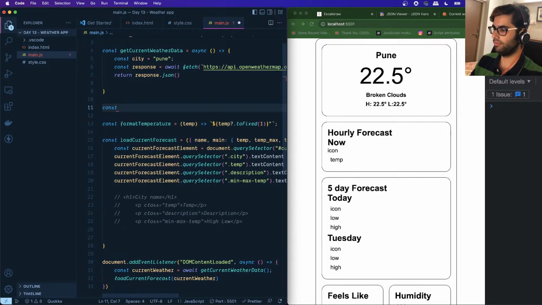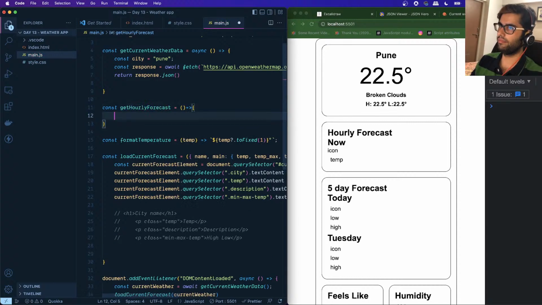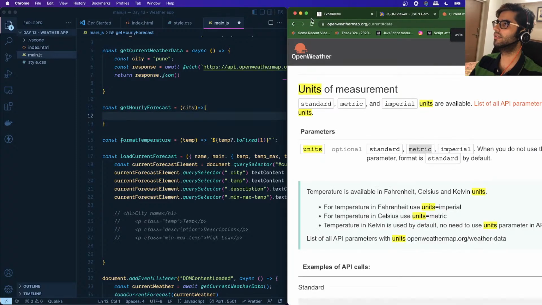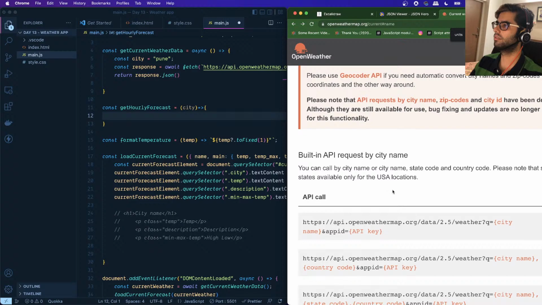Const getHourlyForecast, and this will accept a city basically, and the URL for that is